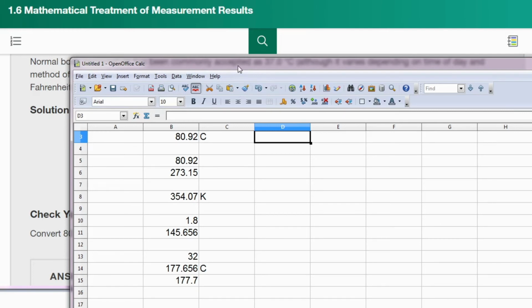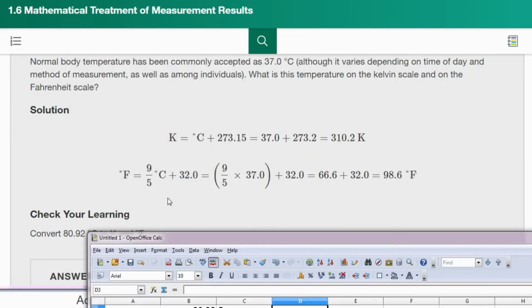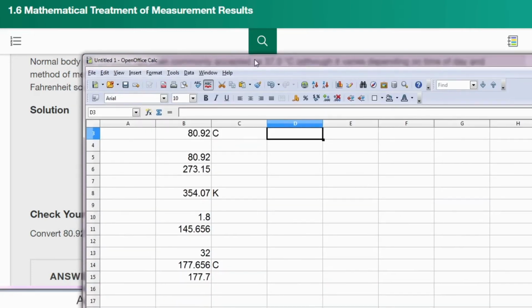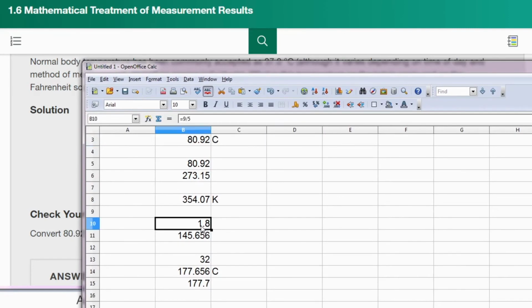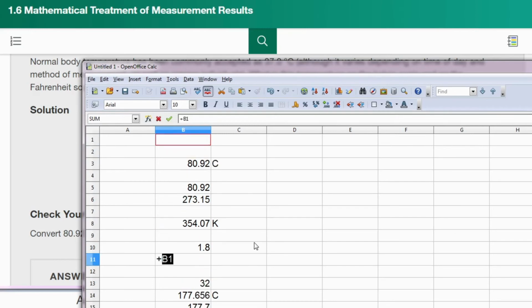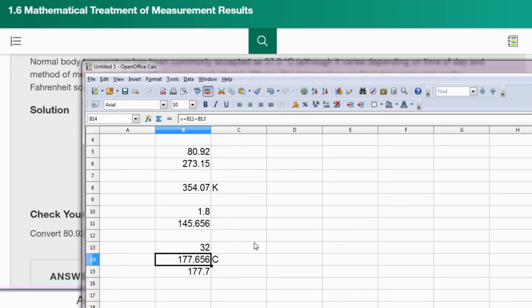Now let's try to convert 80.92 Celsius to Fahrenheit. You take the degrees Celsius and multiply by 9/5, then add 32. So 1.8 is 9/5, and I multiply degrees Celsius by 9/5. That's easily done in a spreadsheet, which is why I really recommend learning how to use one. I do that multiplication, then add 32, and I get, without accounting for significant figures,